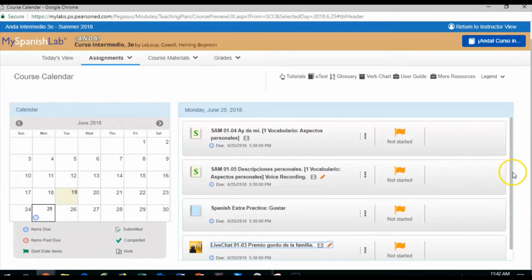Okay, so we've gone through the different types of activities that you'll take within My Spanish Lab. Notice again with the alarm clock, if I had an assignment due on the 24th, this alarm clock would have turned red. So the way the system works, and you can see an example right here of items past due, the system will allow you to complete an activity after the due date. However, it is recorded as a 0